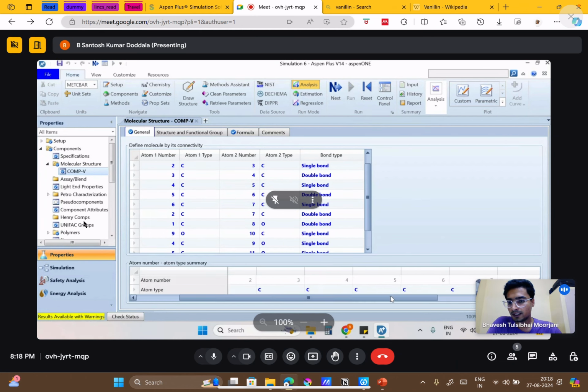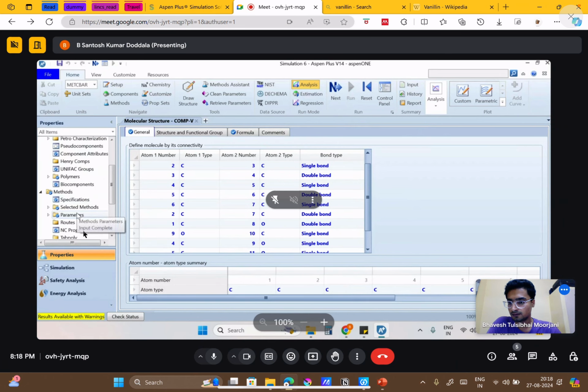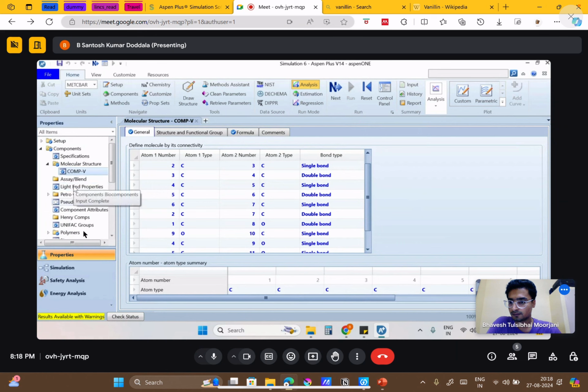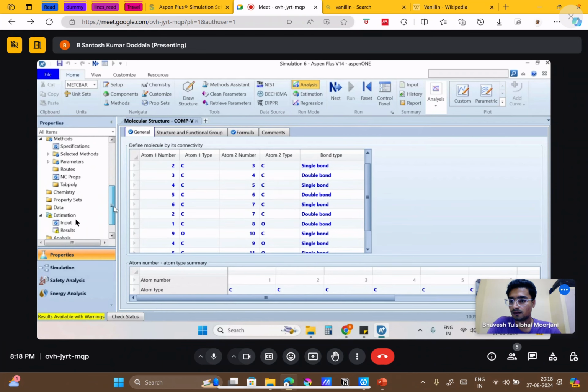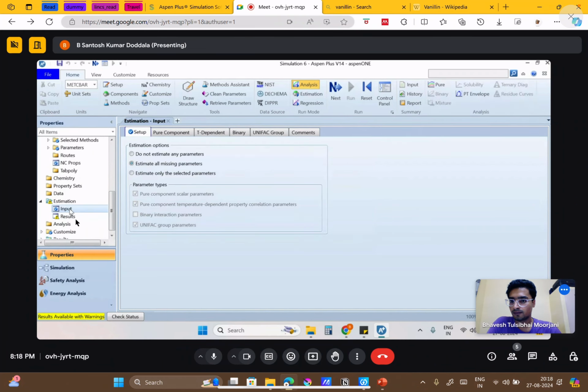Go to estimation and the results of estimation. Go down to the estimate. Pure component, click on that.